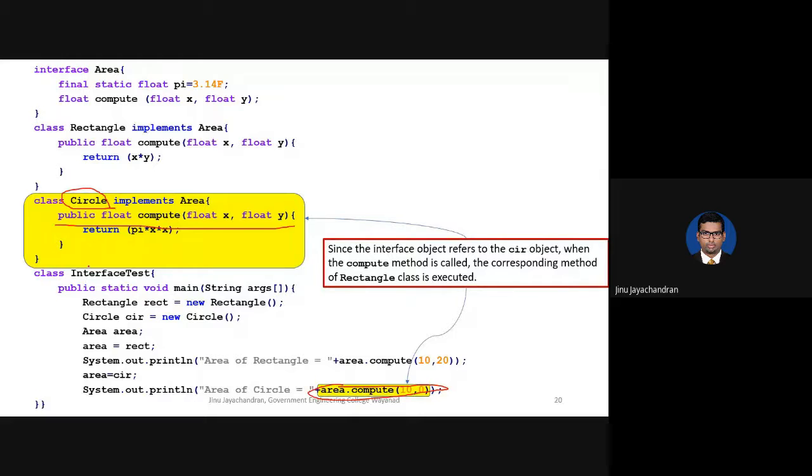So you see that by just assigning a different object, you can make use of the interface object to call different methods of different classes. Okay, so this is how you can use an interface, by defining the same method in an interface and assigning different objects to the object of the interface. You can access any of the functions.